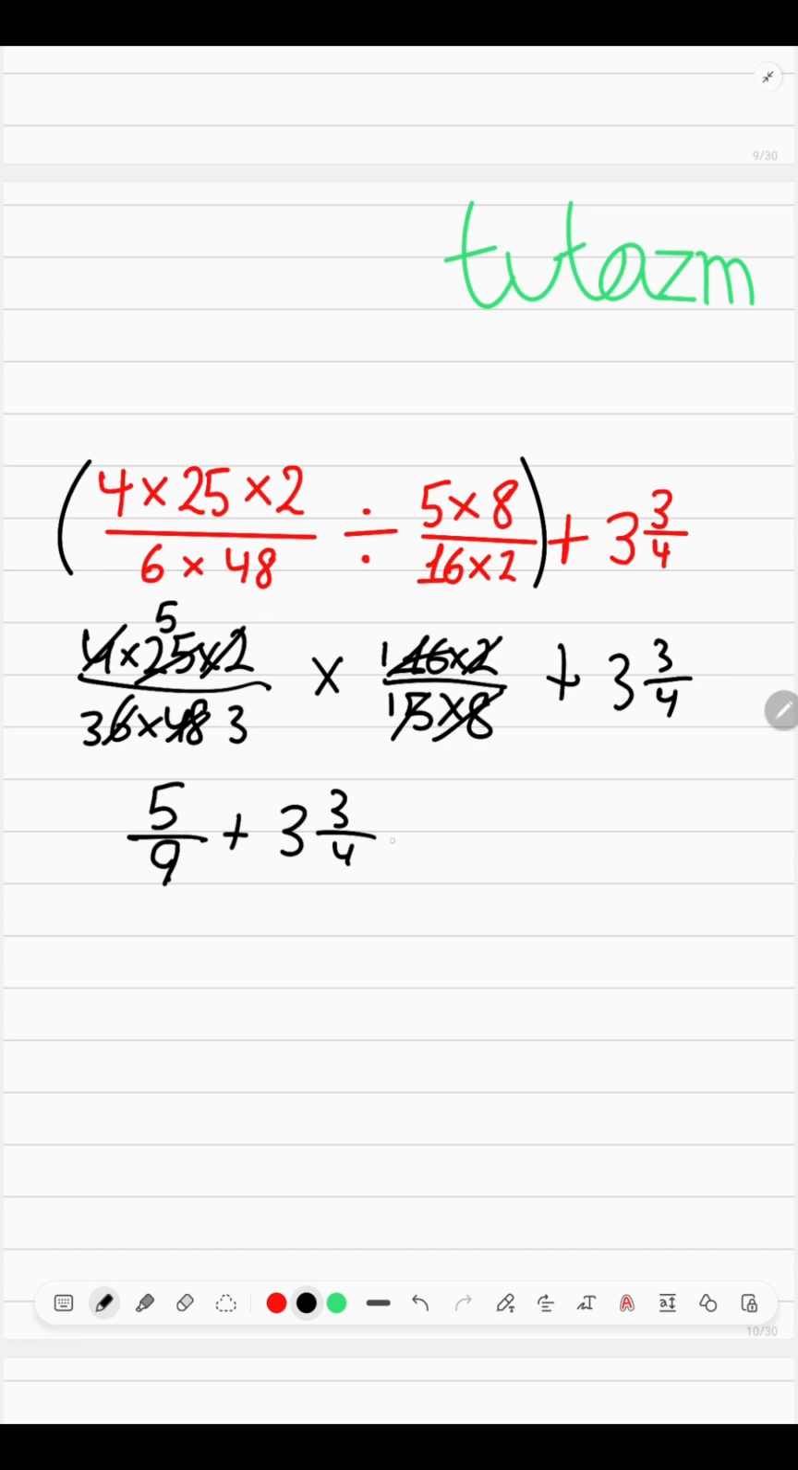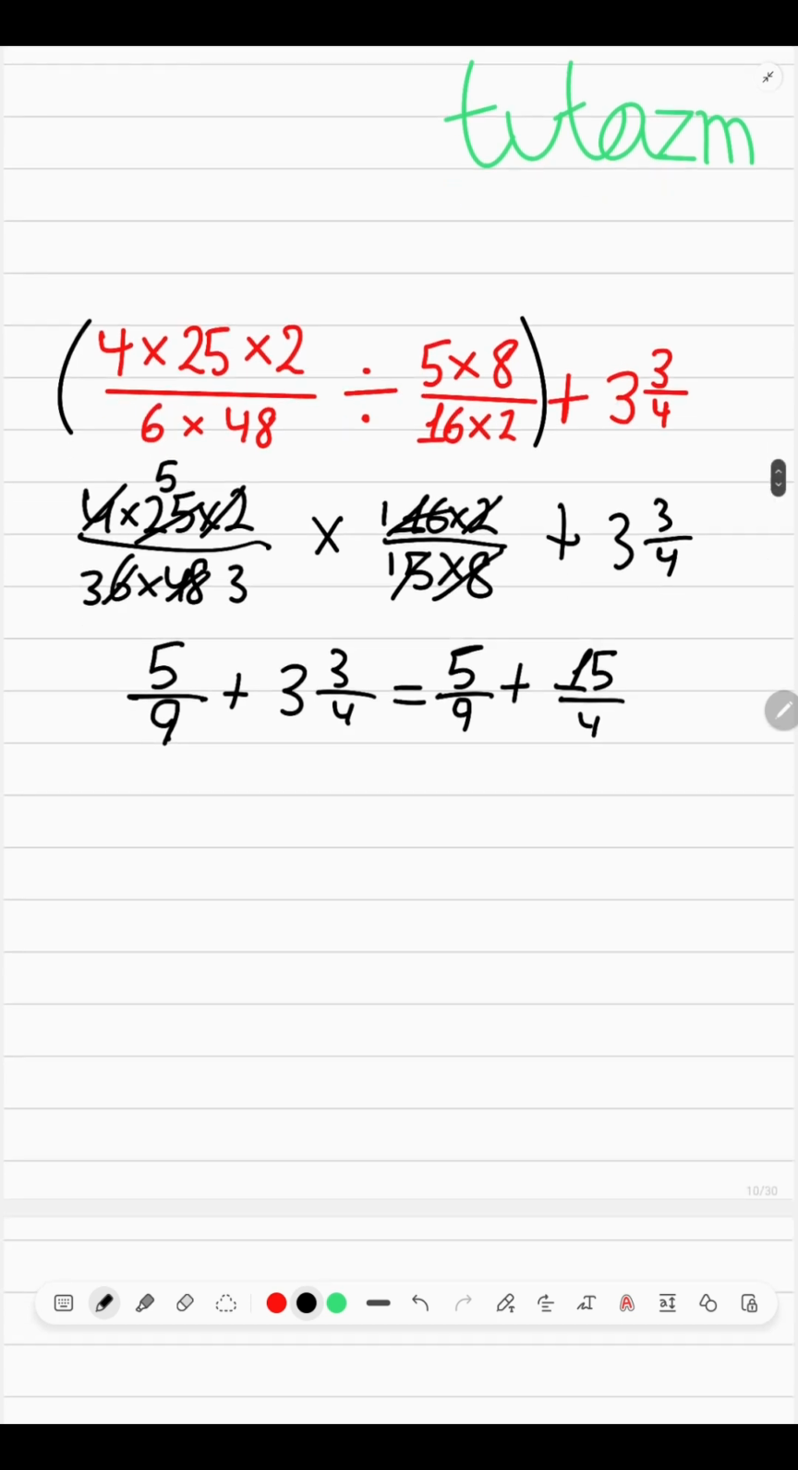So now we can turn the mixed number into an improper fraction. So we have 5/9 plus 4 times 3 is 12, plus 3 is 15/4. We can then turn this denominator into 36 on both sides. So over 36